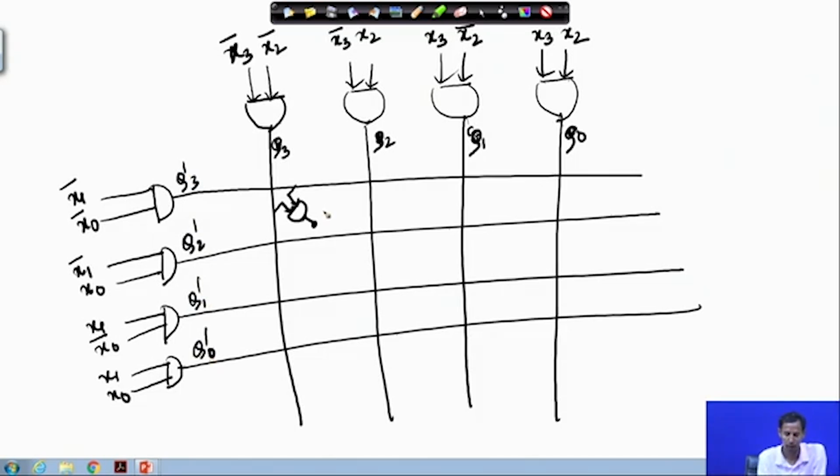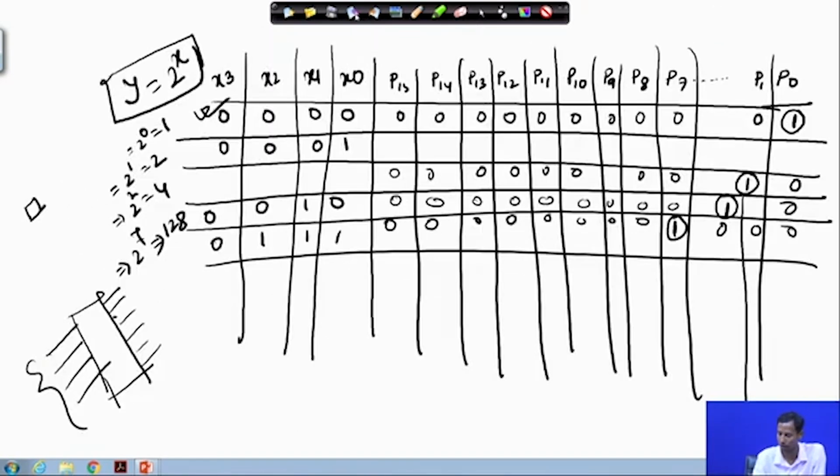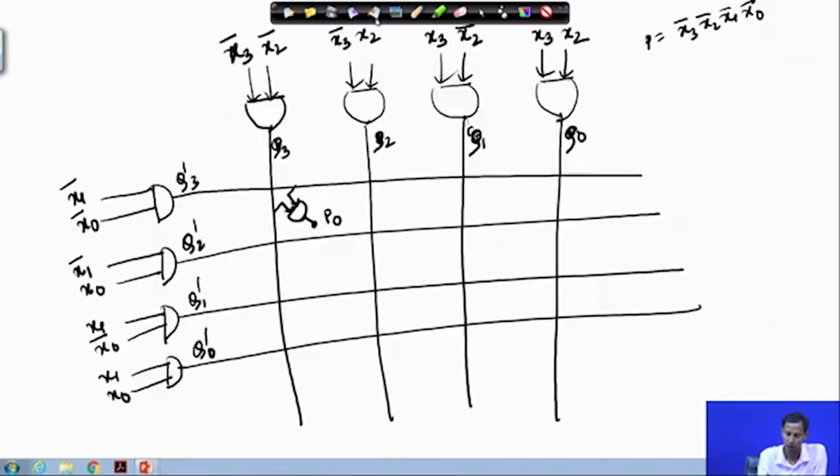So, here what will I get? I will get this as P0. So, why P0? P0 is nothing but x3 bar, x2 bar, x1 bar and x0 bar. Okay. So, if you just go back to that, for P0, whenever all are 0, at that time P0 is 1 and the rest are 0. Okay. So, here for this only this is P0. Okay. For this, if I just connect to this,